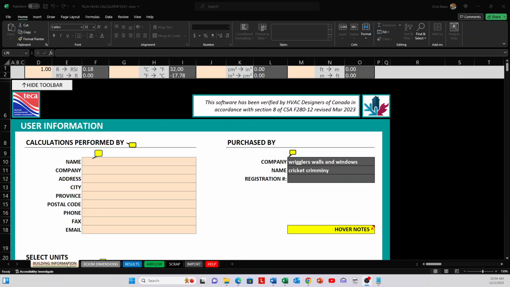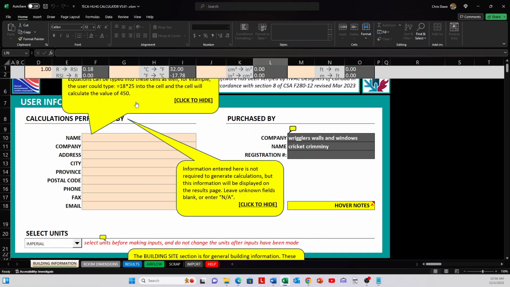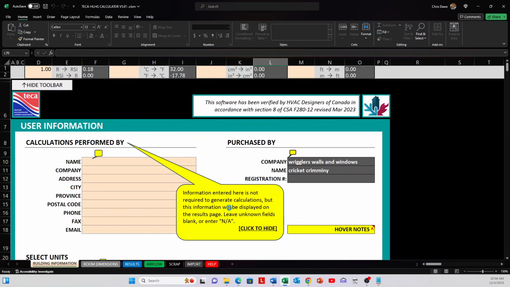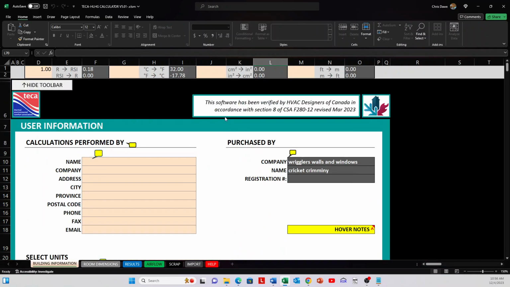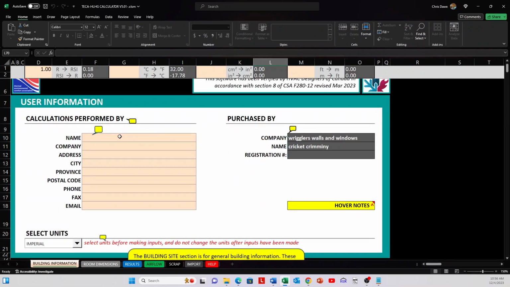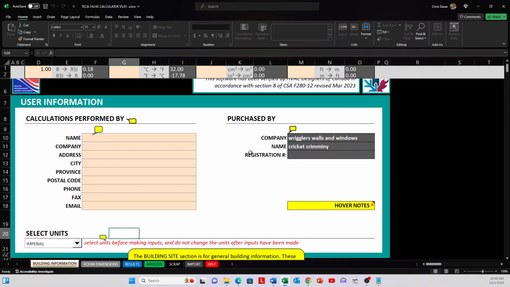In this video, we're going to go through the building information worksheet. As we said before, when you first open it, you're going to see these comment bubbles everywhere. Read through these on your first go through. As you're going through as well, it's important to make note of this red text. I'm not going to spend this video rereading all of this red text because it's everywhere here, but it's important to read through it at least on your first use, because that will tell you how and why to do